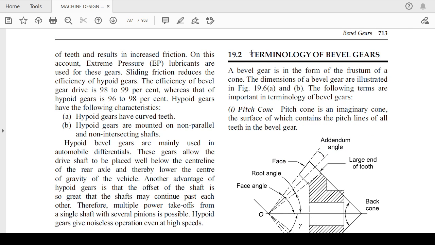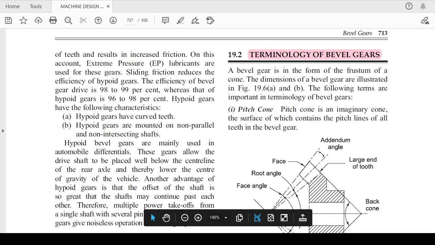Now we came to the terminologies of bevel gear. Sometimes, in theory, they may ask a question such as to categorize the bevel gear, because there is a good number of categories or different types of bevel gear used in practice. They may ask related to this, as well as a few directly. They can give you the name of a terminology, or ask what you understand by the pitch cone, or ask you to write down any five terminologies related to the bevel gear. So I'll start one by one.